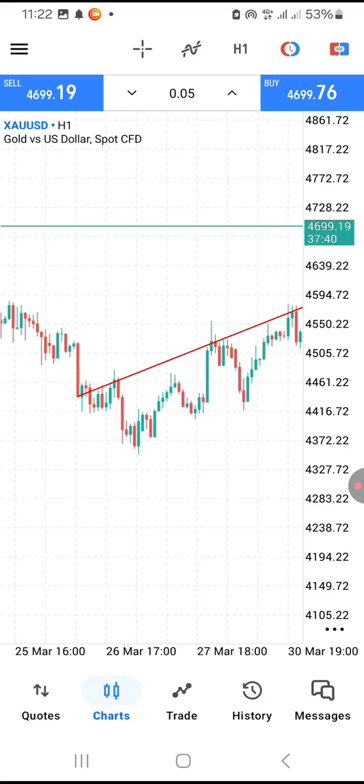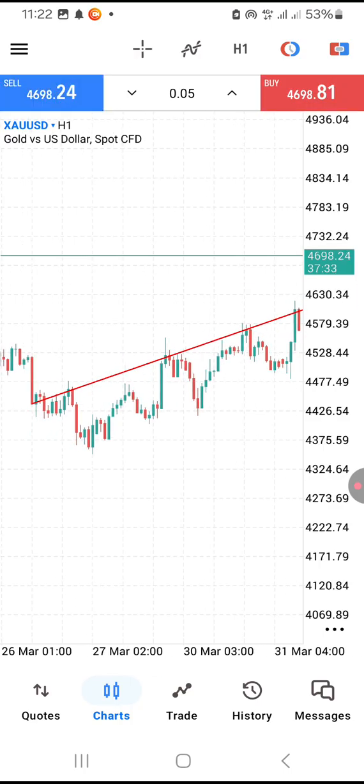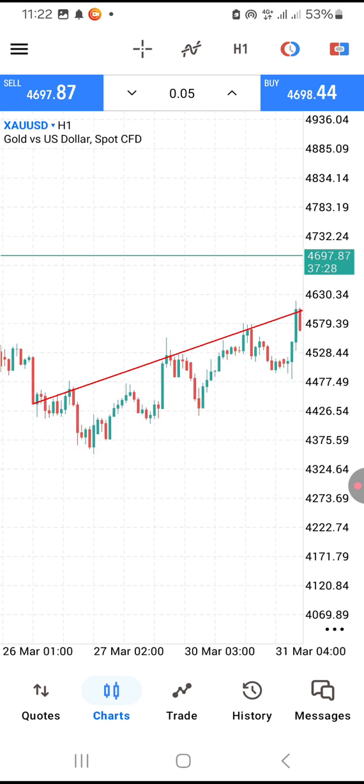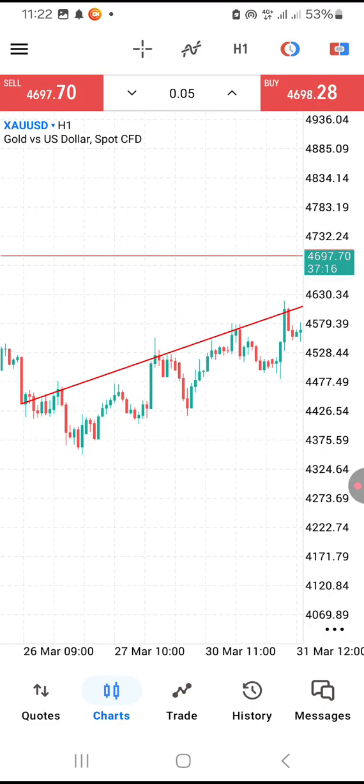Now, why do most beginners lose? Many beginners buy in a downtrend. So when some beginners see this, this is an upward trend. You see some people, instead of buying, they are selling. You should be looking for opportunities to buy in this kind of market. But because they do not understand, they will be selling. Like I say, if you are buying in a downtrend, you're losing. And if you're selling in an uptrend, you're losing. So if you ignore structures like this,